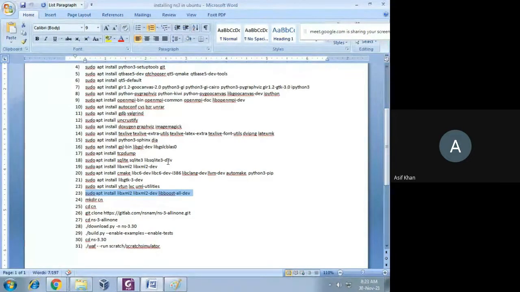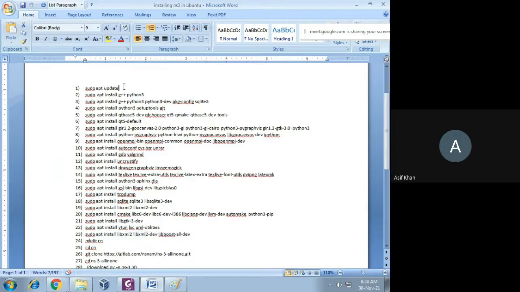In some cases you may get some errors also. If you are using Google Cloud Shell, then you just ignore that. But if you are using Ubuntu operating system in either your VirtualBox or a dual booting setup, then you can run sudo apt update and then run that command again.